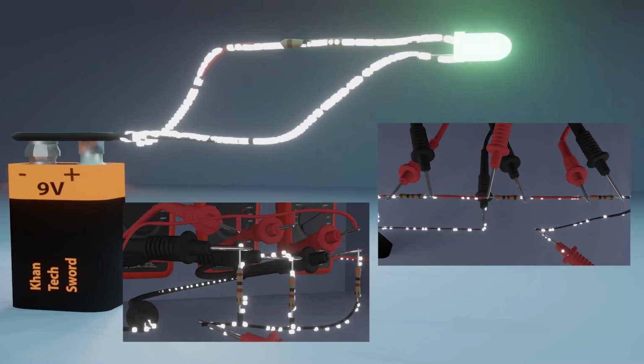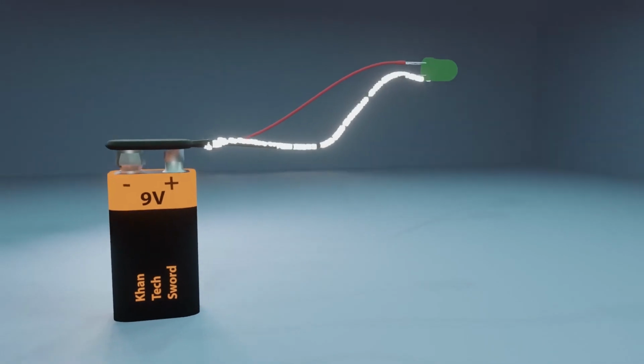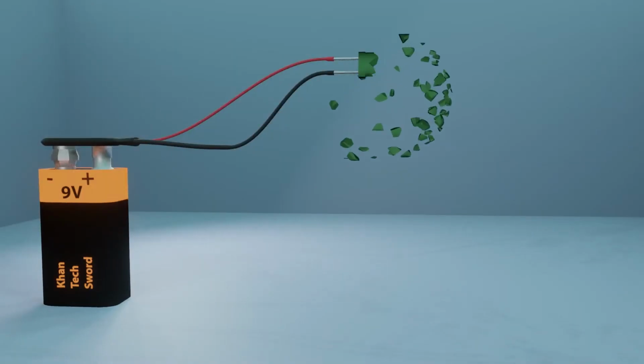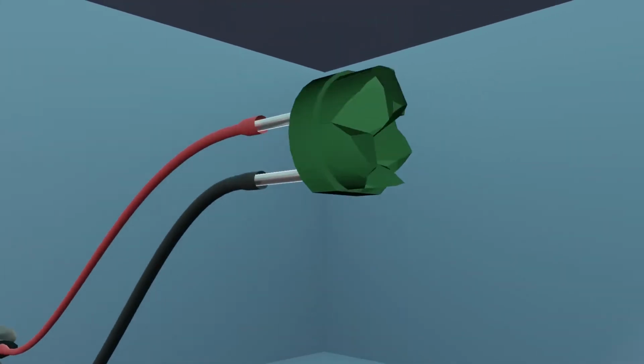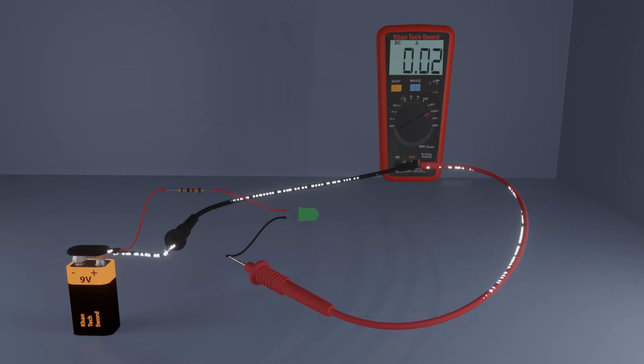voltage. If we connect an LED directly to the battery, then due to too much high voltage and current, the LED will blow, and to prevent the LED or any other electronic component from excessive current and voltage, we need to add some resistance. For example, we have an LED with 0.02 amps rating and we want to connect it to a 9 volt battery. Then we need to find out the appropriate resistor to prevent our LED from excessive current.